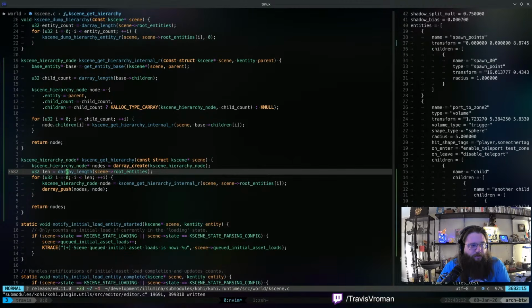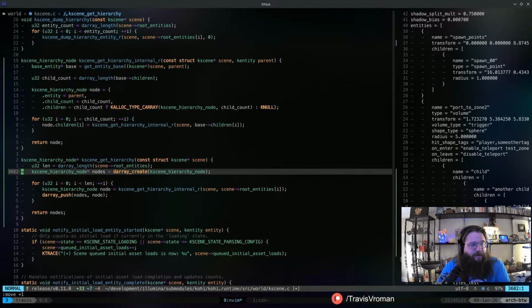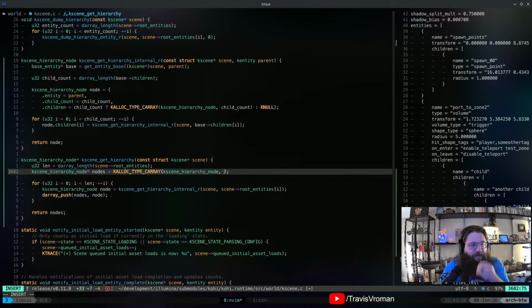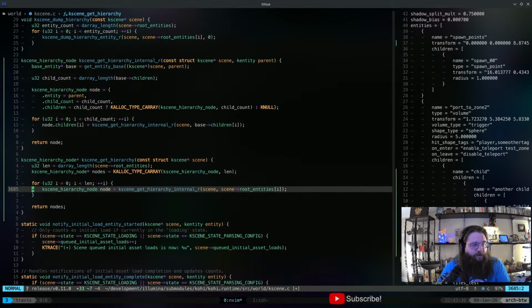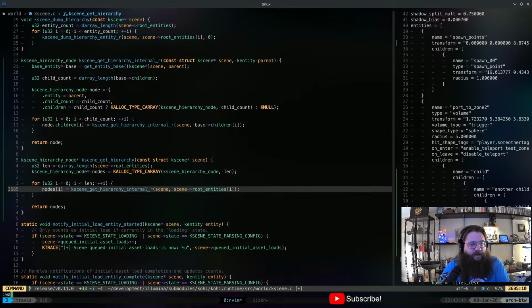Because we already know the length of the entities, right? So instead of this, we'll do this the other way around. And we're going to say k alloc c array, right? That's going to be the type, and then the length is going to be just length. And then here, instead of pushing, we will just do a nodes sub I equals that, right? That's a little bit better. Because now when we go to destroy that thing, we have all the counts and whatnot that we need to destroy it. We can just sort of do it.